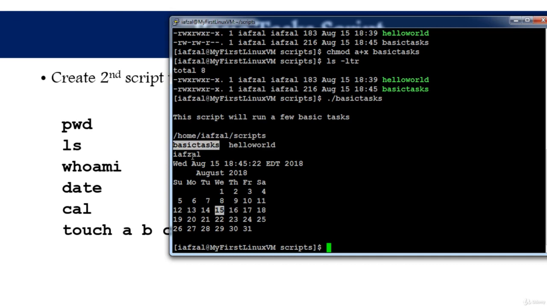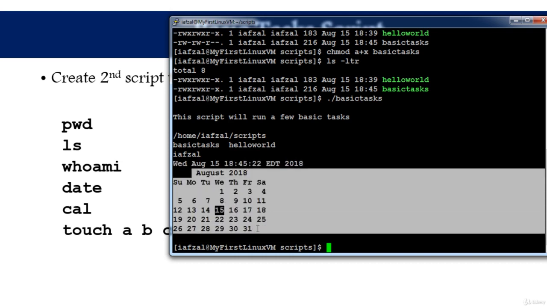And then whoami? That's my name. I am logged in as myself. Date. This is the date. It's telling you what date is today. And calendar. This is the calendar that it output. Now the last one